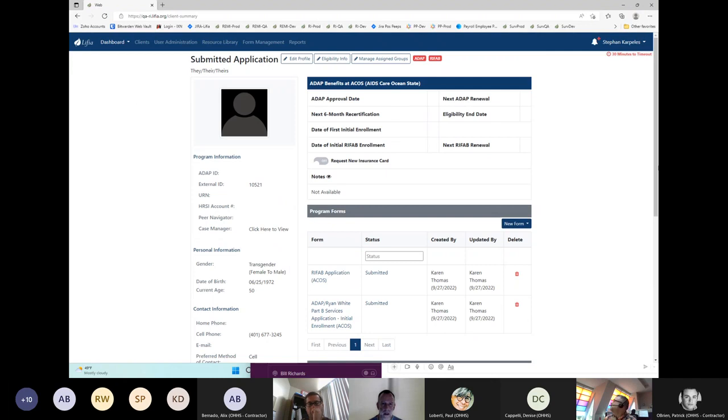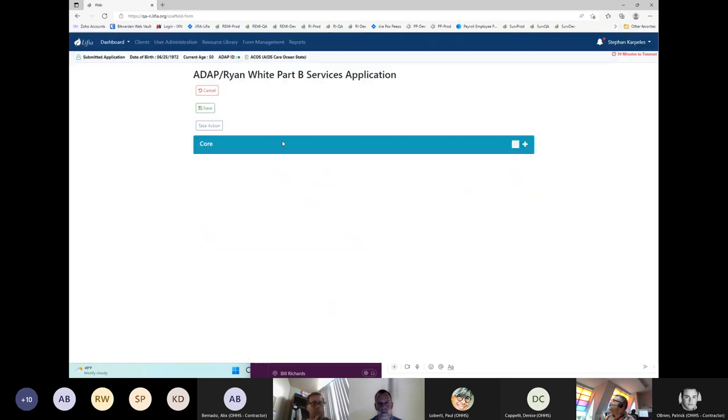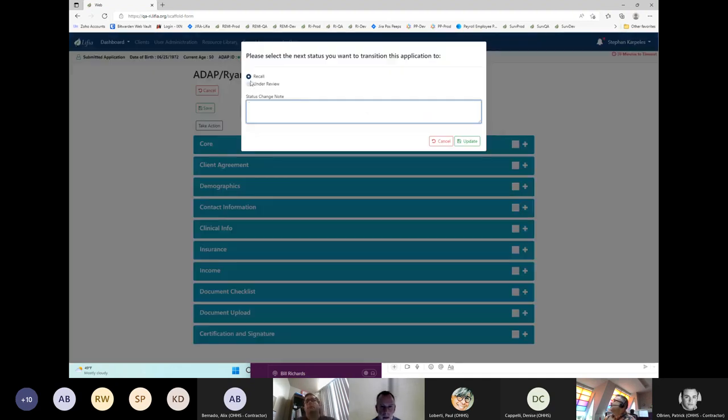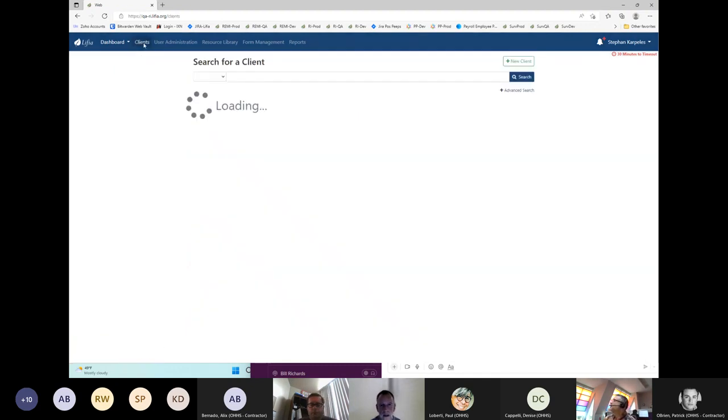This would be a user in a different state. These two forms have been submitted. We can open up that form and see where it's at. Because my role here is an administrator on this demo site, it's kind of like what Alex would see. He would get this application and there would be a take action. He would say under review, update, and that would let you know when you next logged into LIFIA to check the status of that form. You could see on the program panel for your client here,